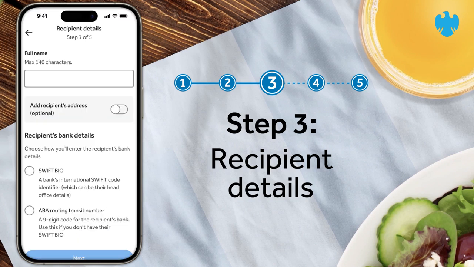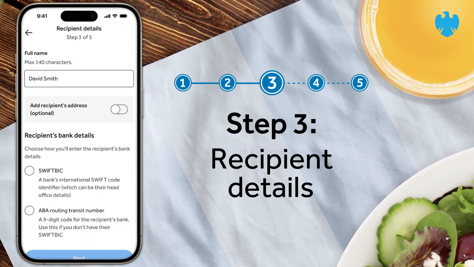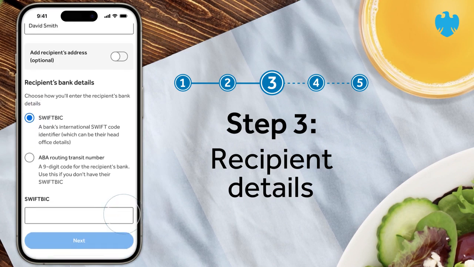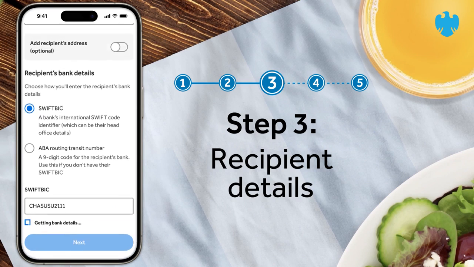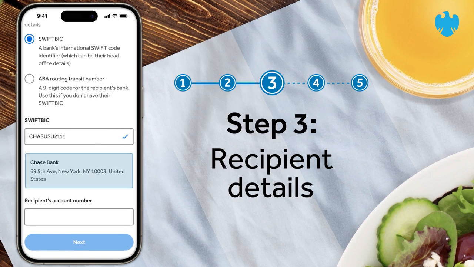Now enter the recipient's details, including their full name and their bank details. If you've selected SwiftBIC, enter their SWIFT code. The app will now load up the bank details. Once the app has confirmed the code number, a blue tick will appear, and the details of the bank will appear here. Enter the recipient's account number